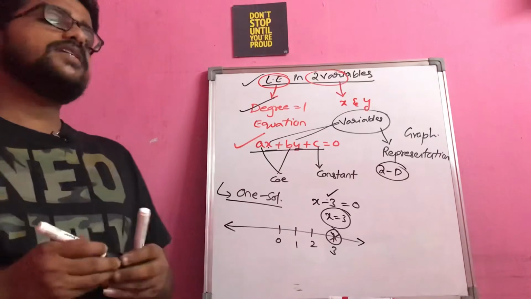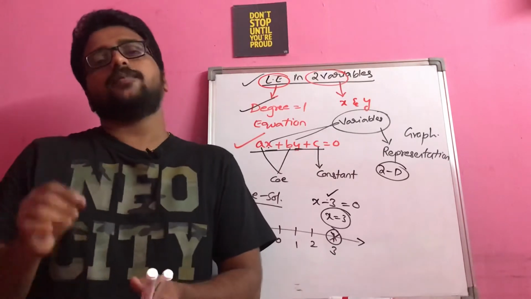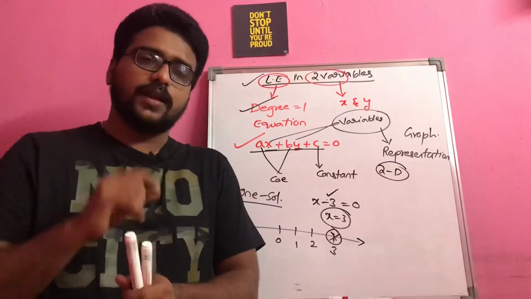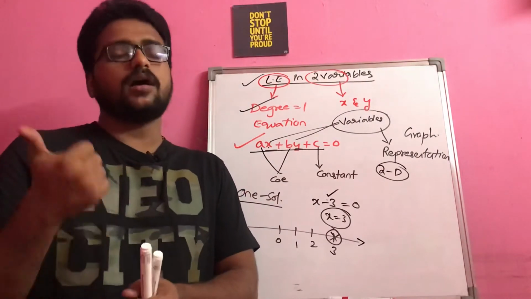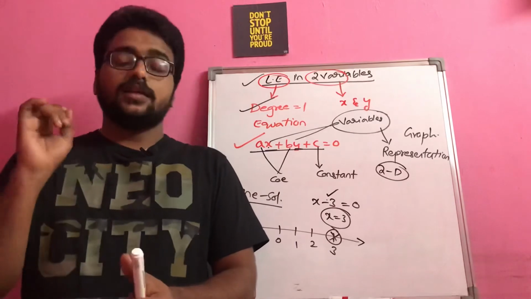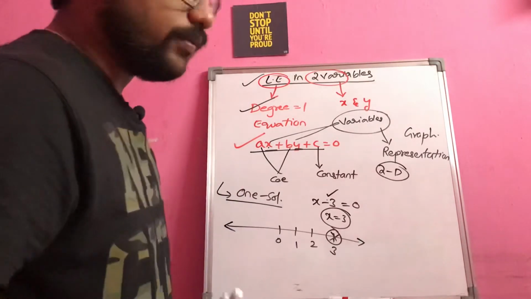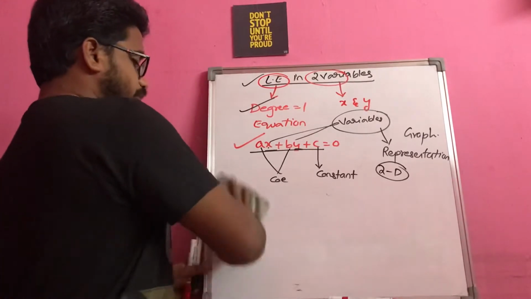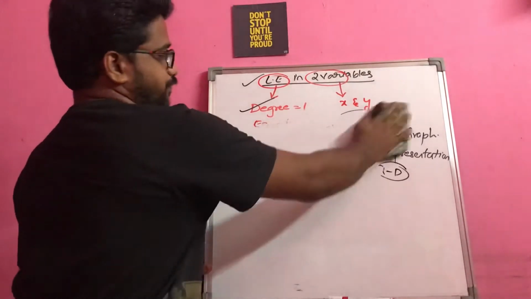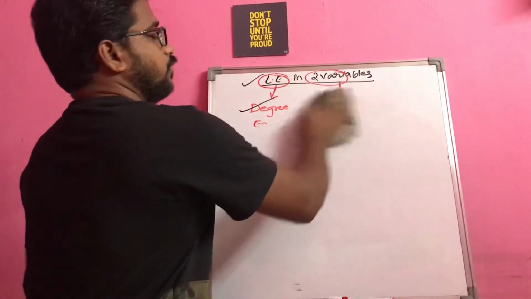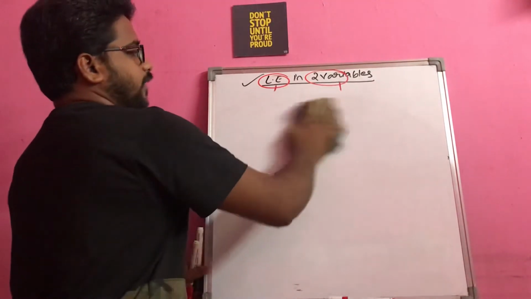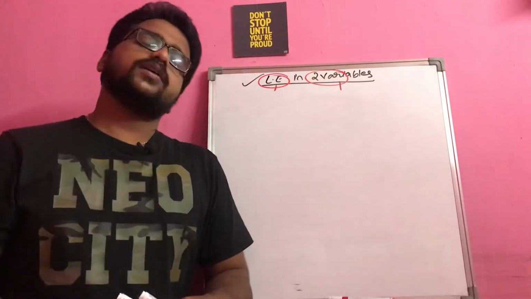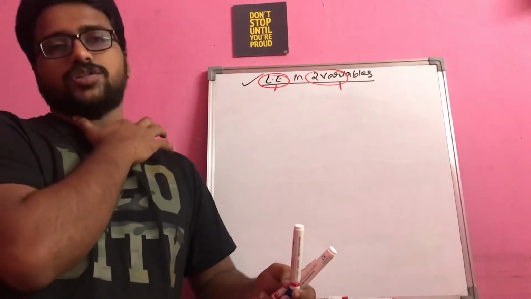So the variables in any particular equation will give you the information about where you have to represent the given line. Is it on the graph sheet or is it on the number line? The number of variables in a particular equation won't give you any information about how many solutions it will have. Okay. Now we have a point here: a linear equation means the degree is equal to 1, and we are saying that it will have only one solution. Now